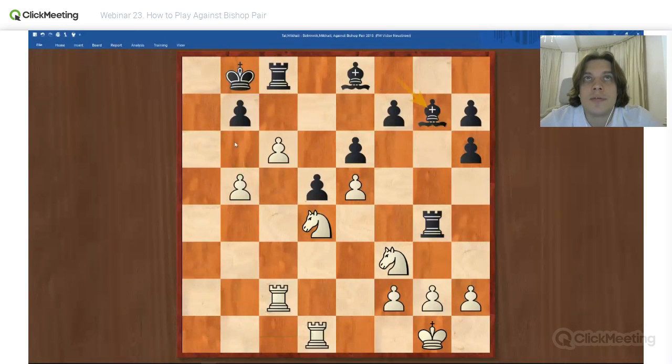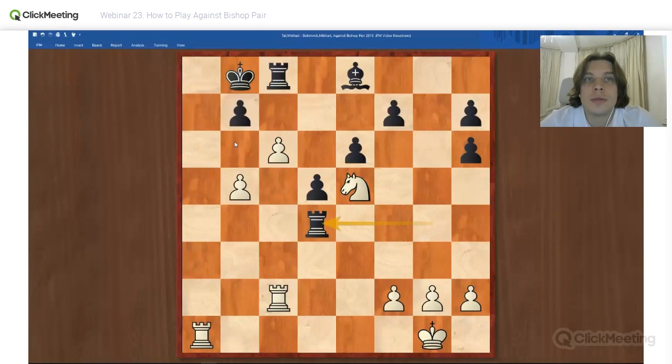So bishop g7, rook a1, bishop a5. Oh, here the idea is obvious. He gains a pawn, but it doesn't save his position at all. How to continue? What do you think?